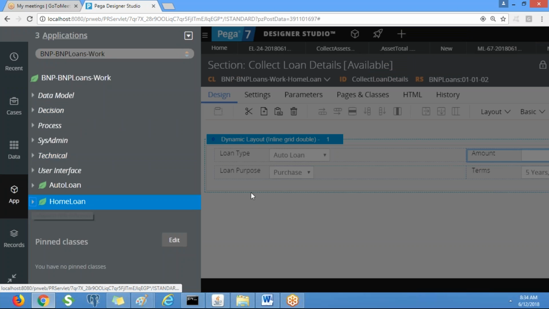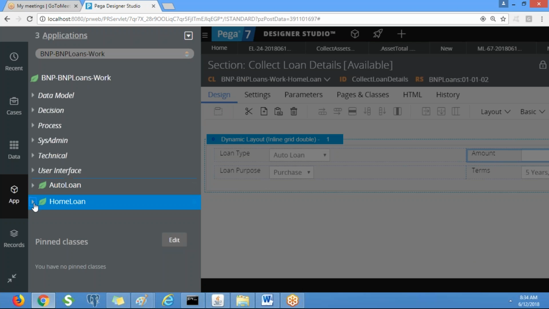So now in the mortgage and equity we have three screens, right? So one is borrower details, another is collect loan details, and assets and liabilities. We don't have a screen related to mortgage or equity. Okay. So now we'll be creating one section called collect mortgage or equity information that we'll be using for both mortgage and equity.